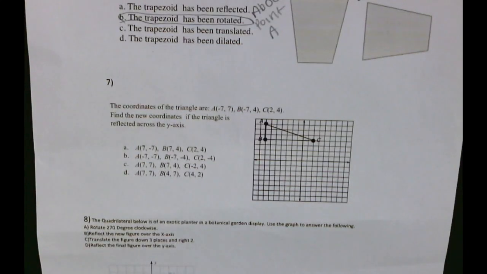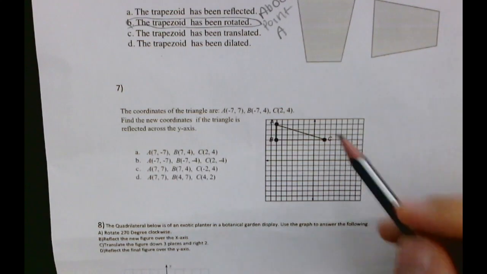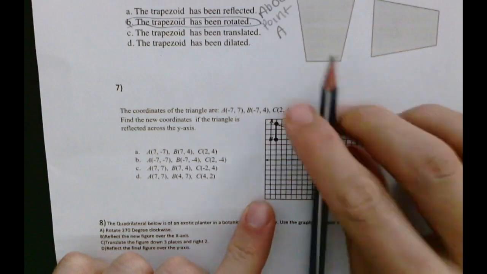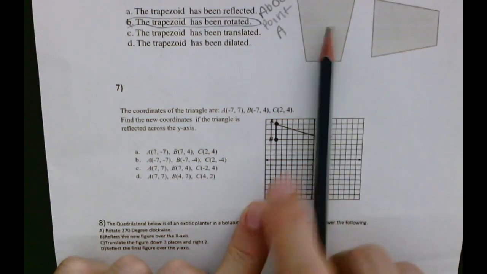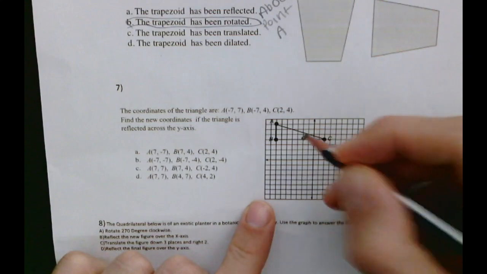Find the coordinates of triangle A when it's -7, 7, B when it's -7, 4, and C when it's 2, 4. Find the new coordinates if the triangle is reflected across the y-axis. Okay, so we have our y-axis here. I guess I could start with point C, and I'll reflect it over our pencil, the y-axis. I'll go 1, 2, 1, 2, and that's point C